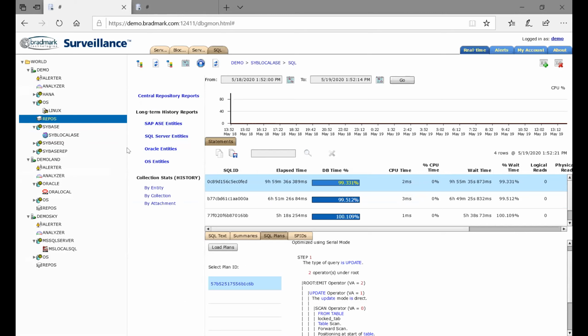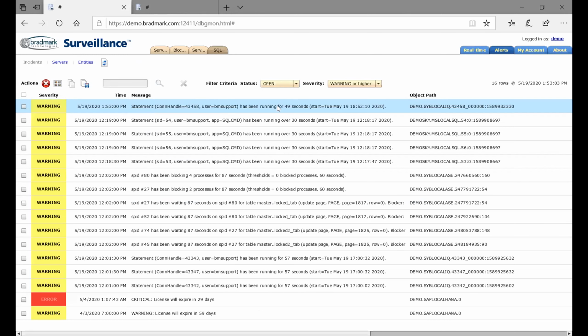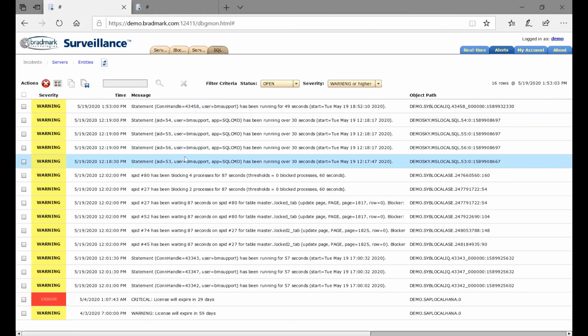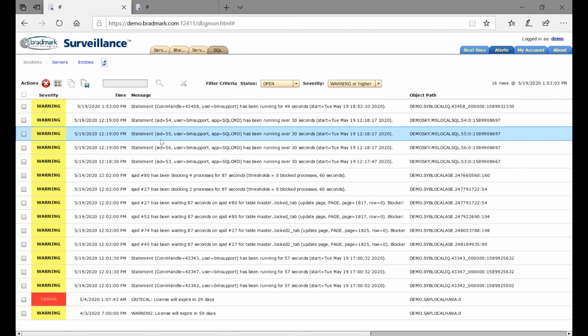So no matter what level of integration you have with on-premises and with the cloud, you have a lot of different ways of getting at information, either real-time, recent history, or longer-term history. And we also have alerting capability, an alerts dashboard for everything we've been looking at. You can see here we have a lot going on right now. You can see the blocking scenario going on from ASE. We have some long-running things on SQL Server going on right now. So this is spanning, again, the cloud environment and the on-premises environment.